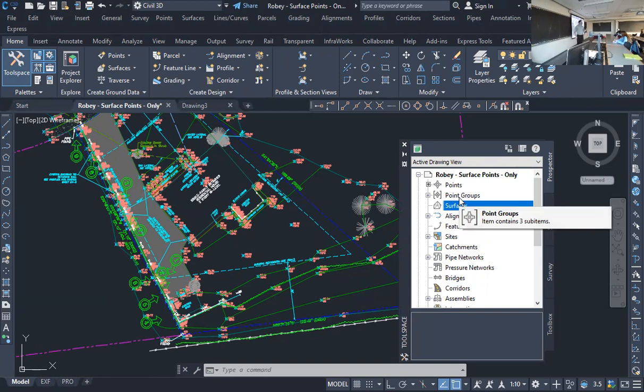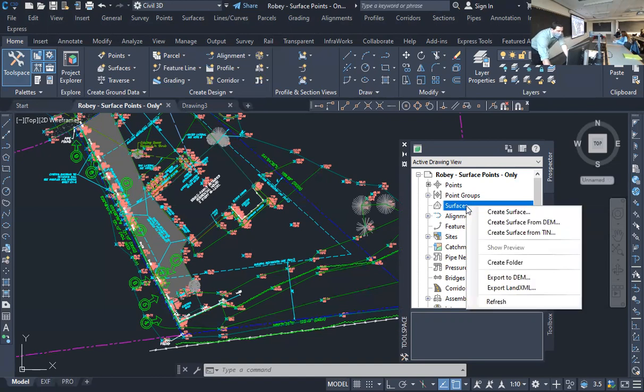A surface is how you create contours. So that's mainly what we're going to do today. So you also have points and point groups. So let's go in here and create surface. Well, actually,